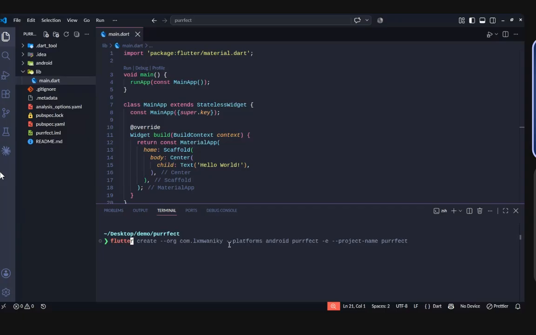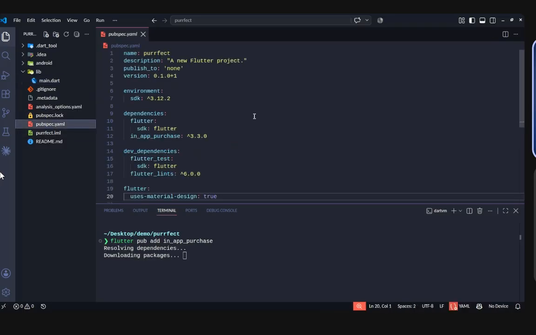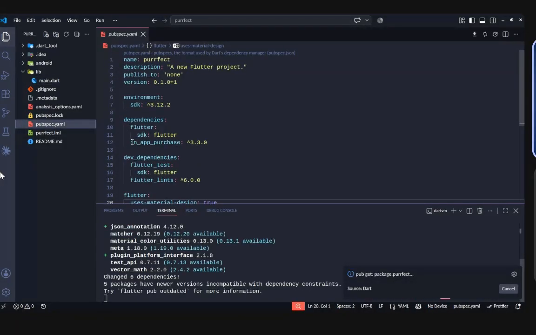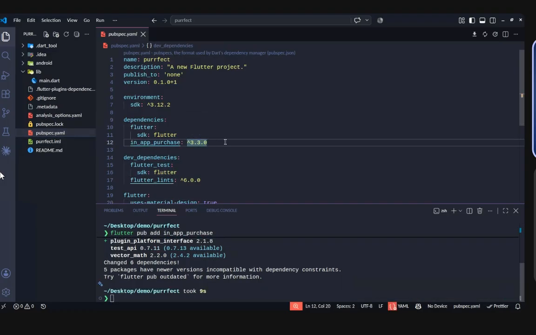So I'm going to do a flutter pub add in-app purchases, and it's going to install that package. Let's look at our pubspec.yaml, and utanotice imekuja hapa kwa dependencies. Currently, we are using the latest version, which is 3.3.0, and we have the dependency installed. So another thing that we're also going to be doing,